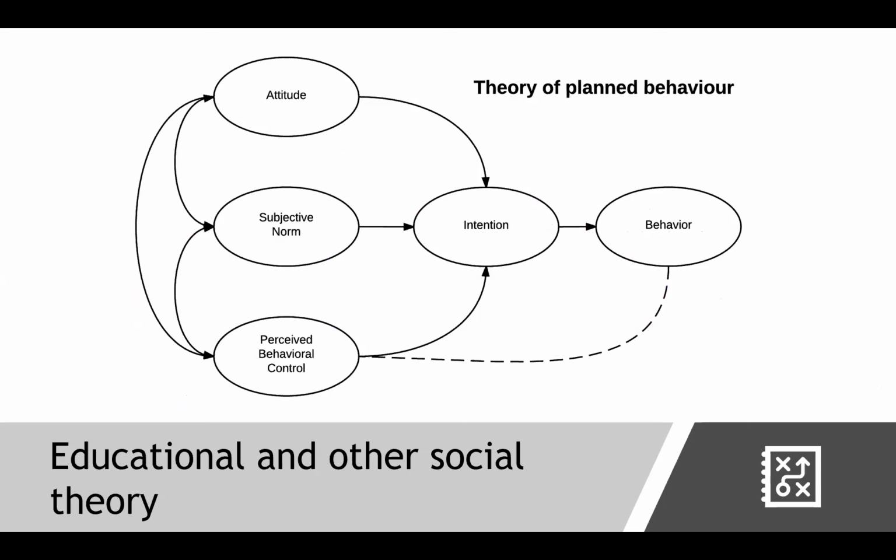Then there are a whole host of social theories that could be more or less appropriate and applicable as you think through the big question of what do I think is going on here and how would I know it if I saw it? So a relatively popular theory is this theory of planned behavior that is very well evidence-based, shows how a particular program participant can arrive at behavior change by passing through this change in intentions, which is related back to attitudes, norms, and perceived behavioral control, or otherwise put, how much control they have over various decisions,